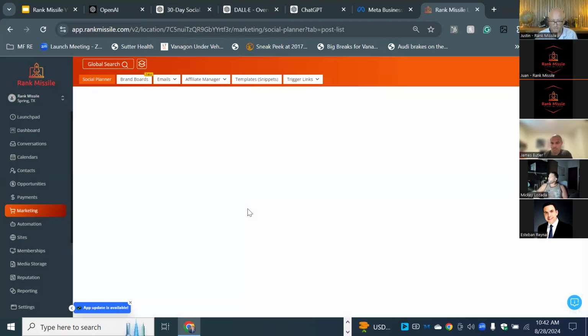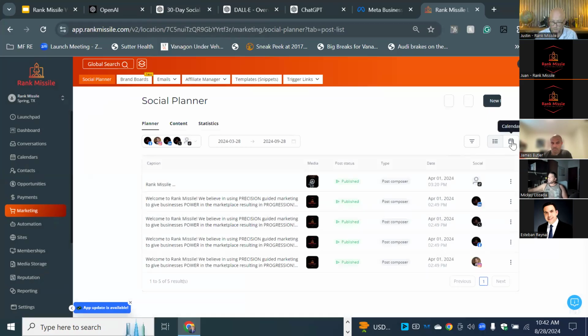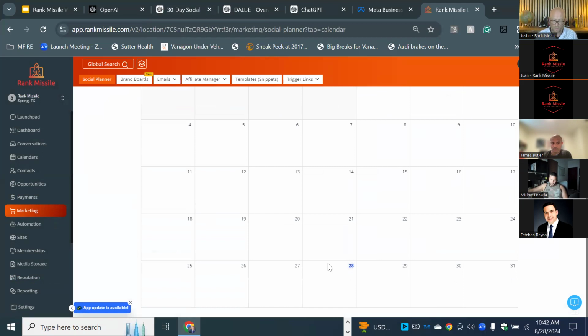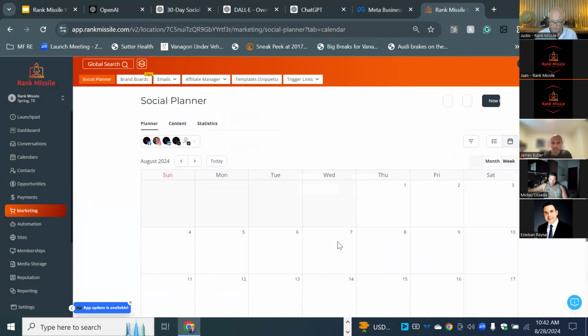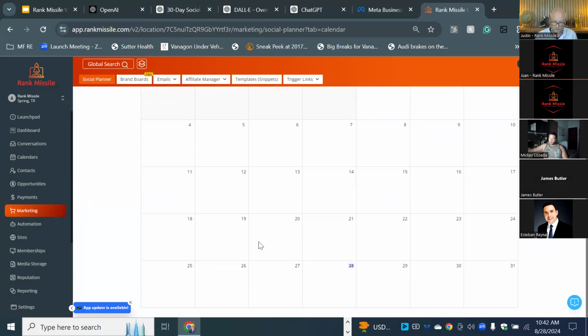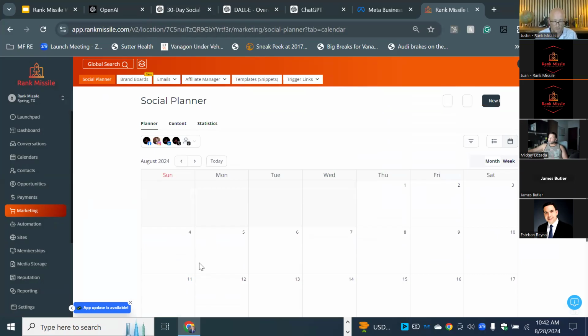And we have that same feature where you can look at the calendar, right? And choose a date, and create a post on that date, and then also look at what you have scheduled out from day to day, right? So it's a really robust system, and I think